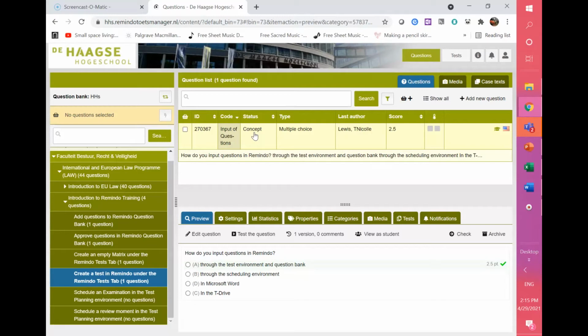And that's because Remindo wants this question itself to be looked at by another person, a second person. And that person, which we are now calling the technical approver, will have to change the status of this from concept to approved at another stage in the process. You can see that it's a multiple choice question, and that I was the author of the question. I gave it a score, 2.5, and this information shows that so far it looks like I've done everything that I need to do